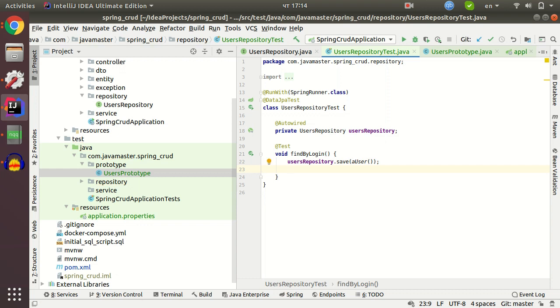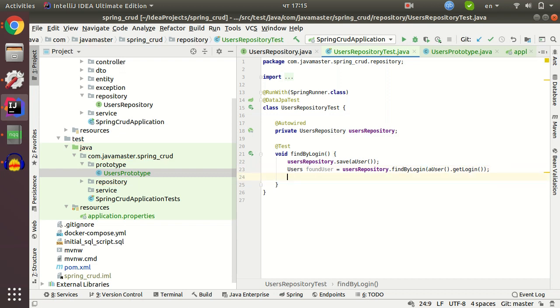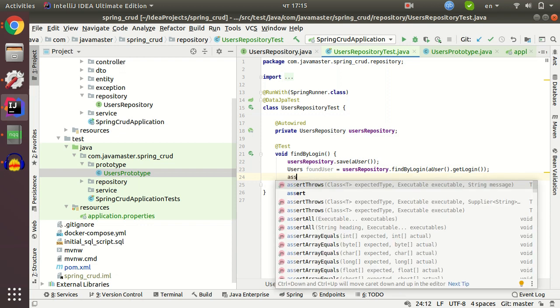Then I'm gonna create a new user object, foundUser, which equals userRepository findByLogin for the new user, getLogin. And we expect that our repository returns us a user from the database. Let's check it. We assert